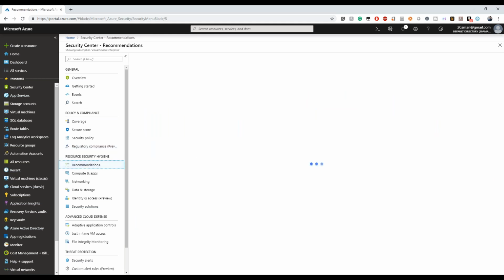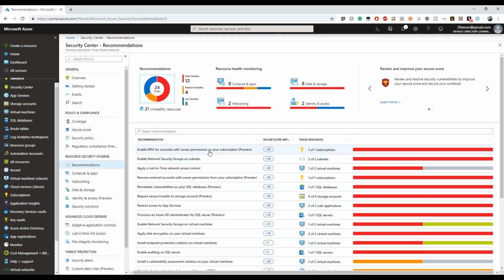Next, we look at the resource security hygiene. Now, earlier we were looking at the same recommendations, but from the perspective of policy and compliance. Here, we are looking from the perspective of the individual granular resource level. Whether my resources are secure or not, that's what we are looking at here. The very first recommendation is to enable MFA for accounts. This is the same recommendation we were looking at in policy, but this is from the security perspective, from security hygiene